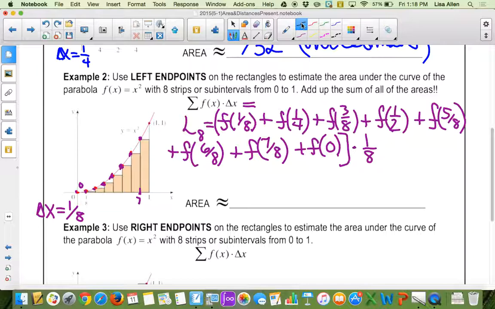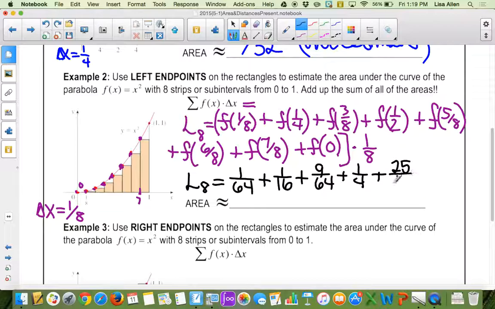But remember, all you're doing is squaring the x value. So what do we get? We get f of 1/8. So L sub 8 is equal to 1/64 plus 1/4 squared, 1/16, plus 3/8 squared, 9/64, plus 1/2 squared is 1/4, plus 5/8 squared is 25/64,